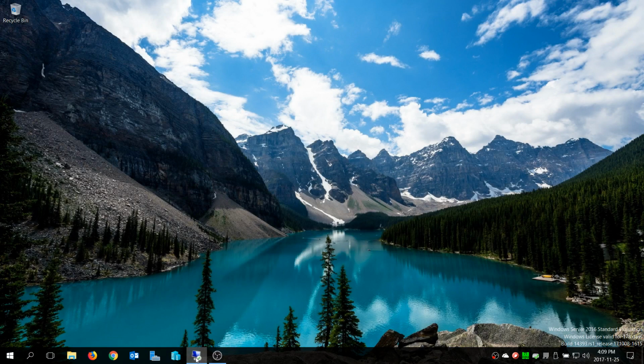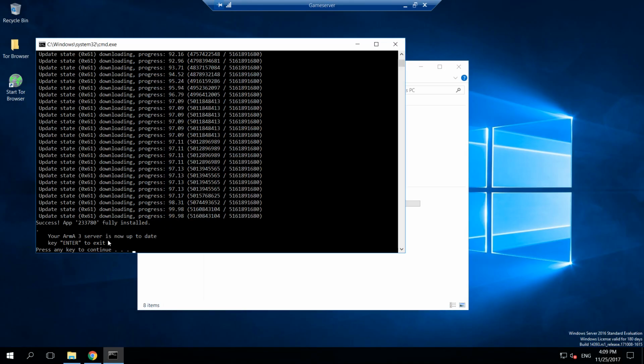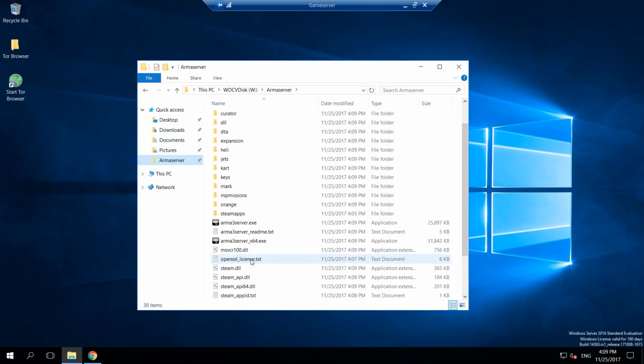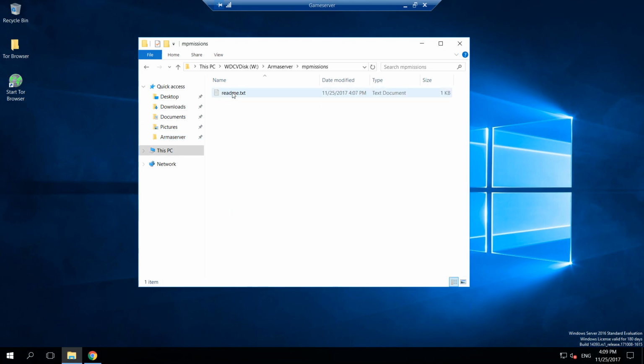Okay, so that's done, and our Arma server is downloaded, so we can just hit enter. Now if we go back in here, now we can see all the required files and so on. Okay, now what we have to do now, and we don't have any missions, so